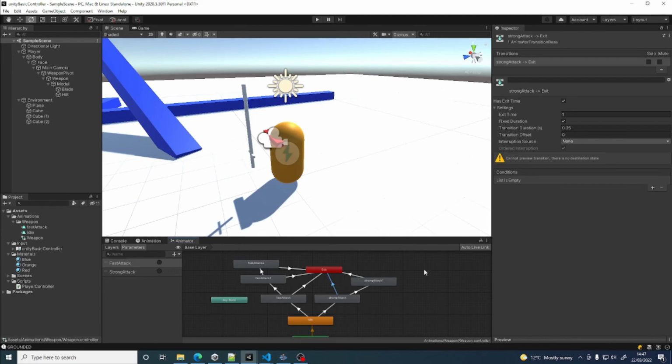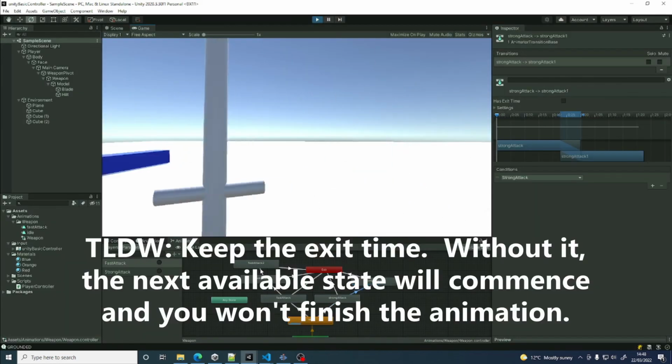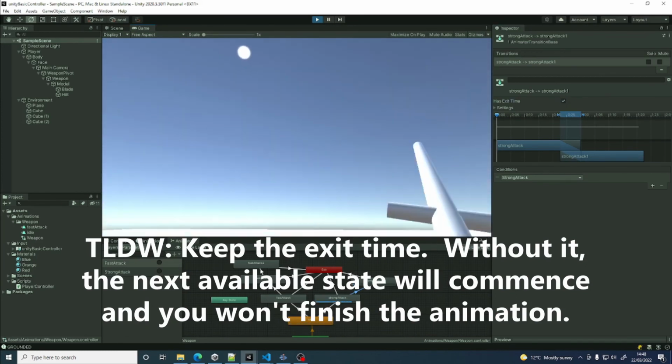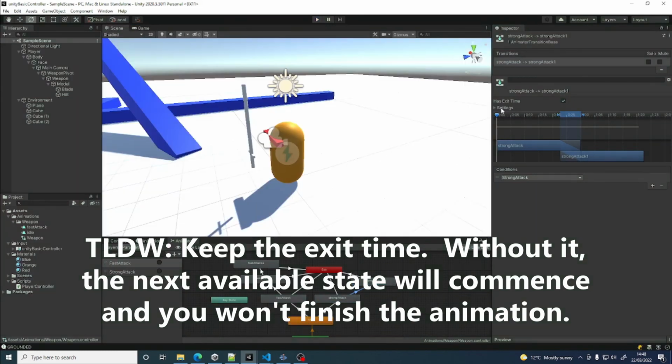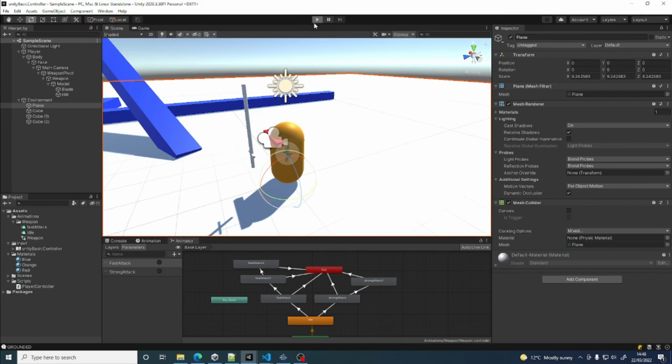Yeah, it's a strong attack. So it's fine to have a bigger exit time and just kind of hold us a little stuck in there. Yeah, but now we're transitioning immediately, which we don't want. There we go. We need the exit time, which is still staying on. So that's in a much better shape. We're saving the scene. And that's essentially hooked up the movement, the jumping, and the animations in a very simplistic